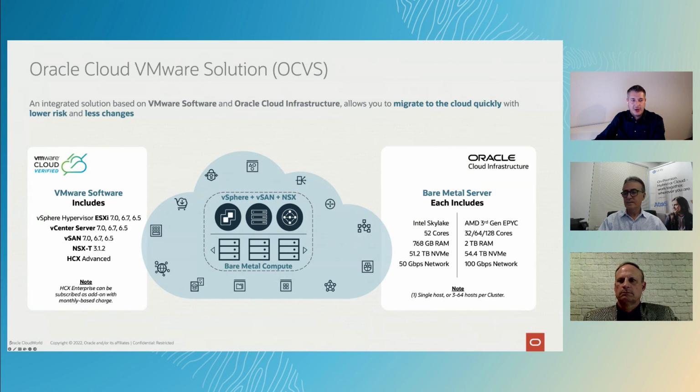And basically, our VMware offering includes the VMware software stack, including the vSphere hypervisor ESXi, the vCenter server, which is the management layer, VMware vSAN, which is the software-defined storage solution, VMware NSX-T, this is the software-defined networking solution, and HCX in the advanced edition, that's a kind of cloud hybridity solution that can be used for migration and small disaster recovery solutions. The whole software bundle is packaged with Oracle Cloud VMware Solution with full support and licenses for